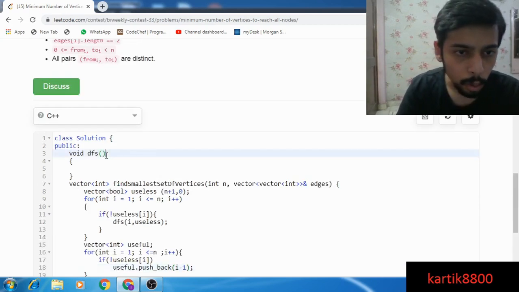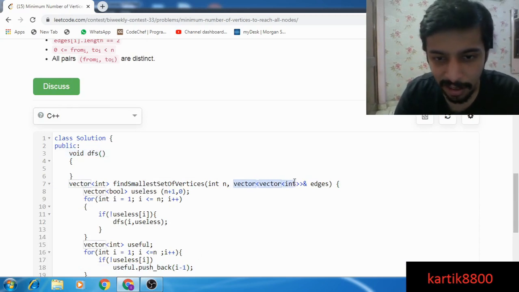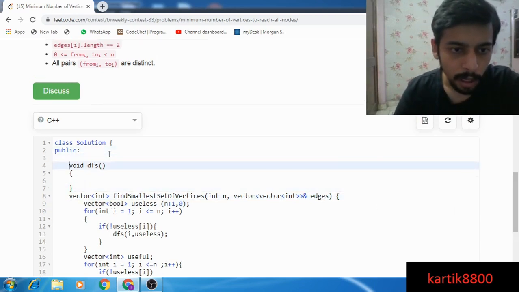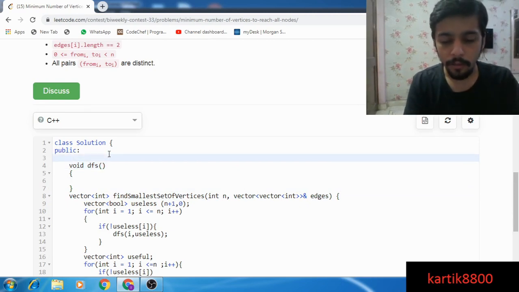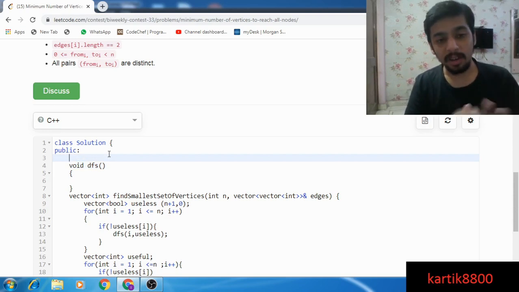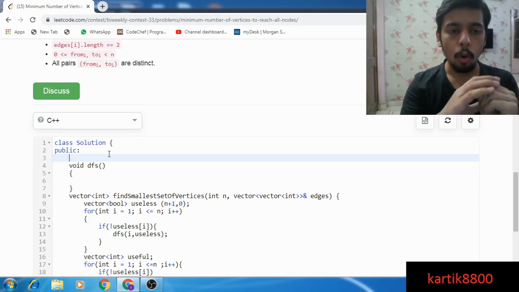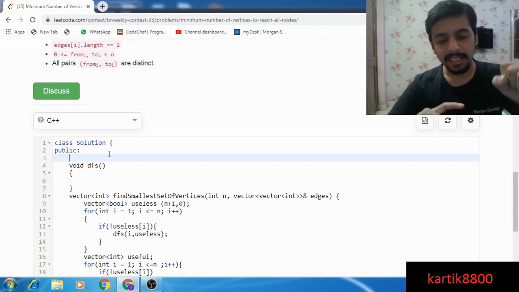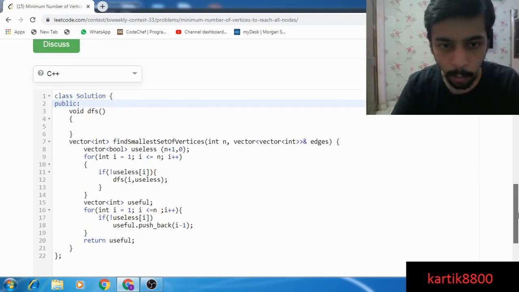Okay. Now to implement this DFS function, I need a better representation than this thing. I don't like this particular representation here. So let me build another representation of a graph. In this representation, I would have an array of vectors, and the ith vector of this array would represent all the places to which, starting from the ith node, I can go. So from i, what are the edges that come out? That is what the ith vector is going to represent. So when I code that it will make it more clear.